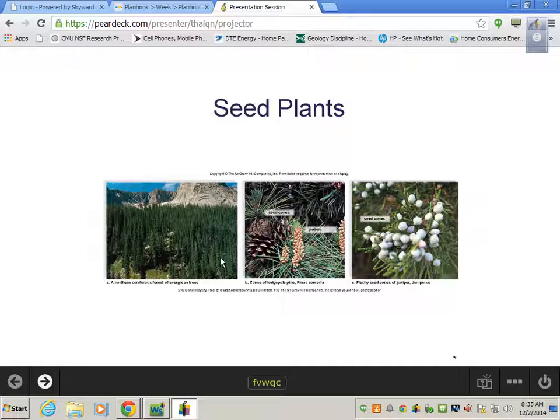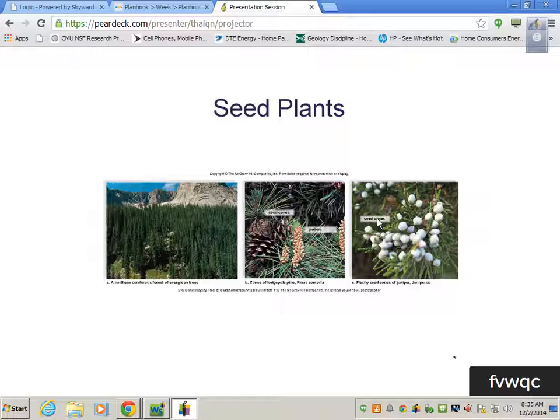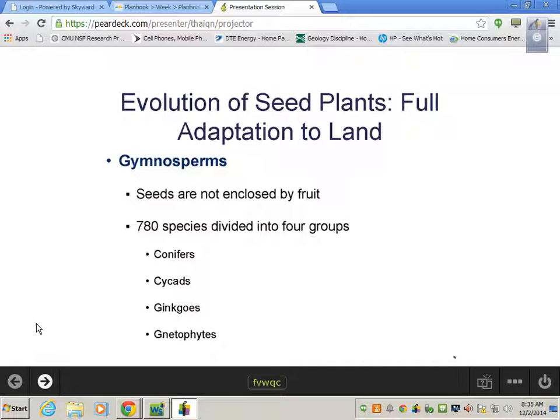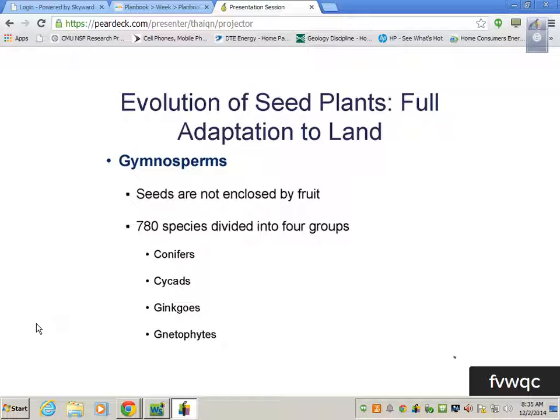So what am I talking about? I'm definitely talking about those types of plants that produce seeds. And in Michigan, we're no stranger to conifers. In fact, our state tree is a white pine, right? And we're going to go outside and look at these momentarily. And hopefully you guys will be able to look and find the megaspores, the microspores, and talk a little bit about it. But starting off with gymnosperms,